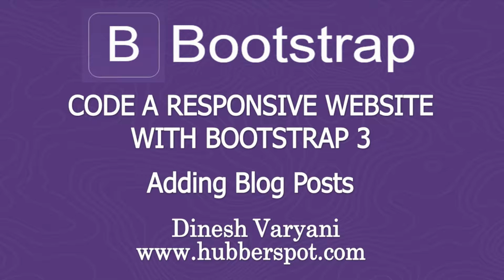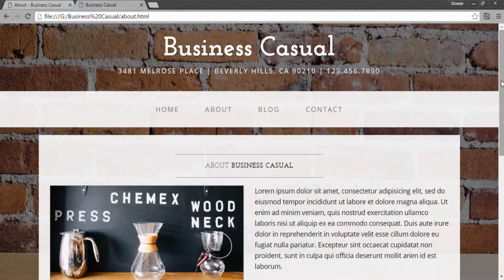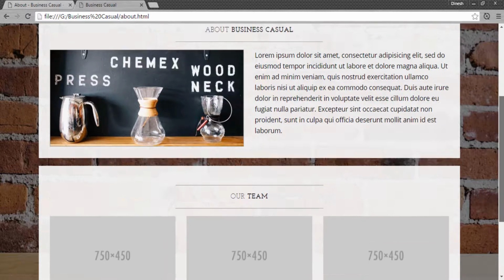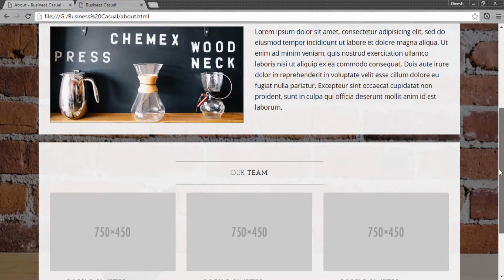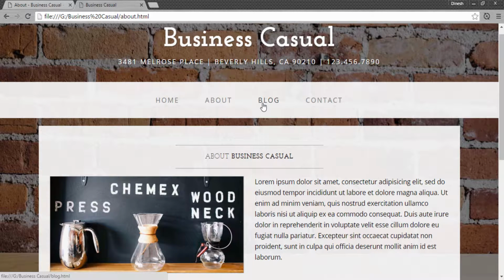Friends, in this tutorial we will learn how to add blog posts to our website. So if I go to the browser, in our previous tutorial we discussed the about page and we created these two boxes. In this tutorial we will discuss how to create a blog page. So if I go to the original site,